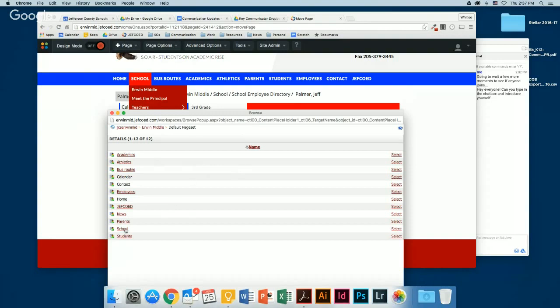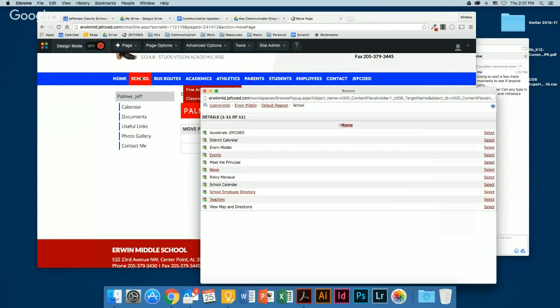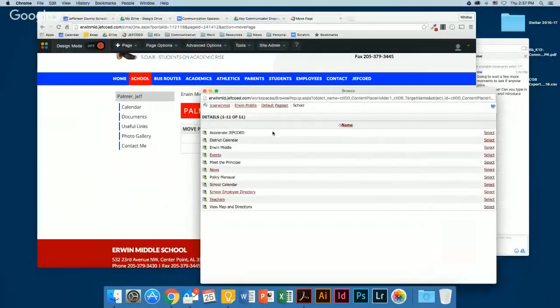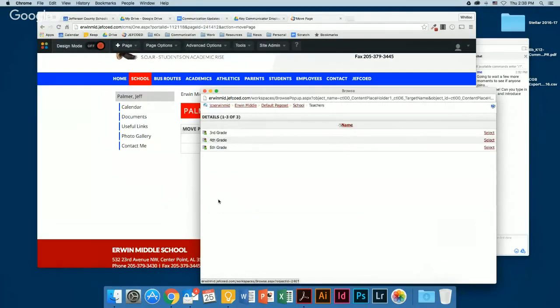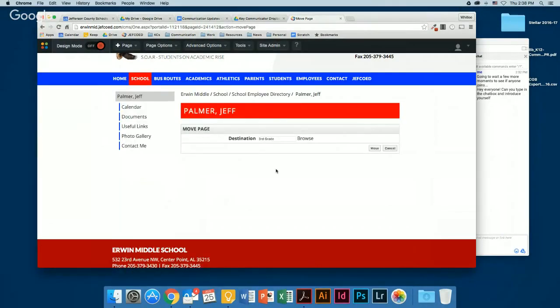So first I'm going to click school, because that's where teachers is located. And there it is. So everything that's here is here. So now I'm going to click teachers. And now I've got those subpages where I can select which one I want to move them to.